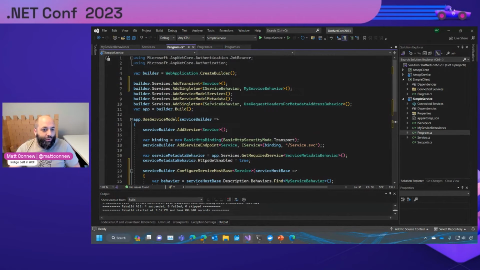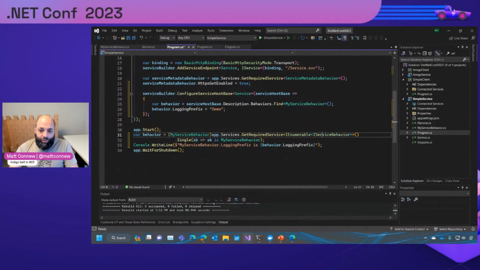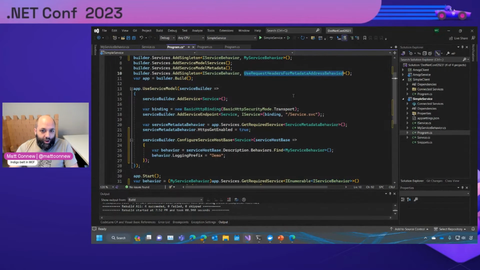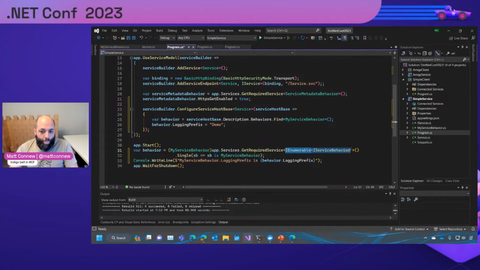And up here, we have another one added after it, which is to do with metadata with WSDLs. And so if we just ask for IServiceBehavior, that's the one that we would get. So we have to ask for IEnumerable. And then we use .Single to go and get the single IServiceBehavior, which is of type MyServiceBehavior. And then we're just going to write out what the logging prefix is on this one. Now, if we go and test this now,